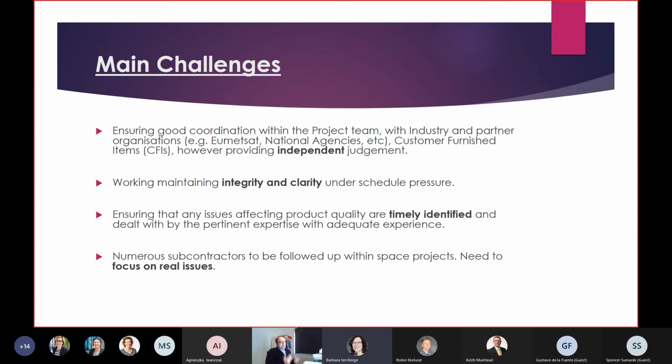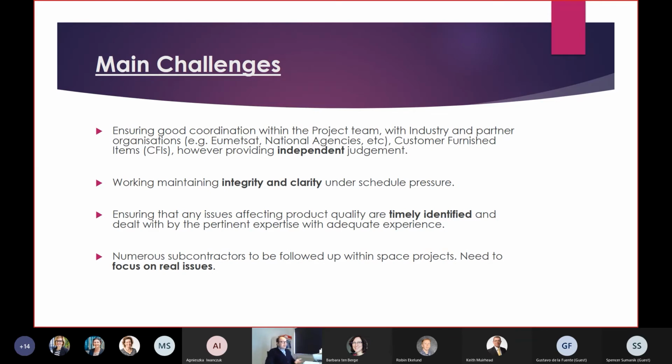Also, we constantly work under very high schedule pressure. And sometimes, when you realize that the approach being proposed is fully driven by schedule, and they are more interested in delivering something in time rather than addressing the issue properly, in that case, you need to speak up.